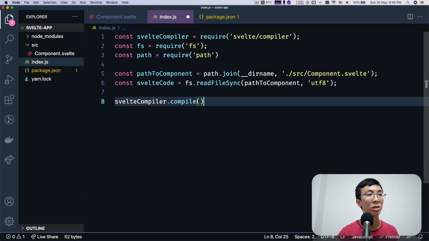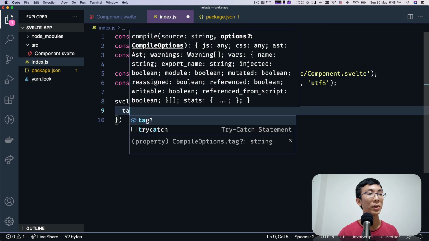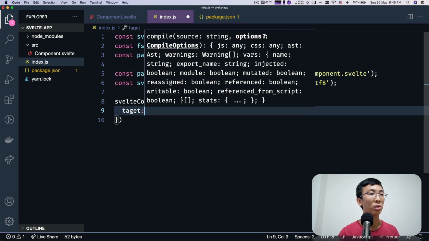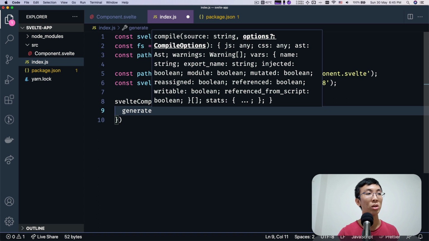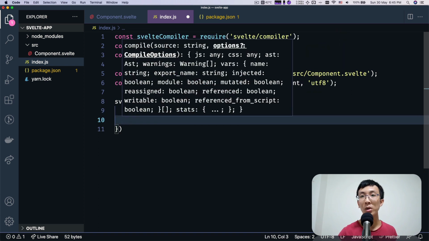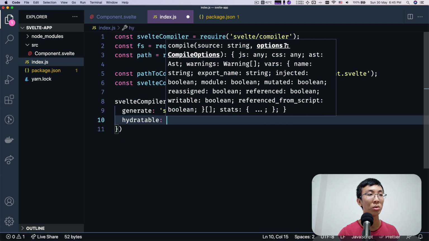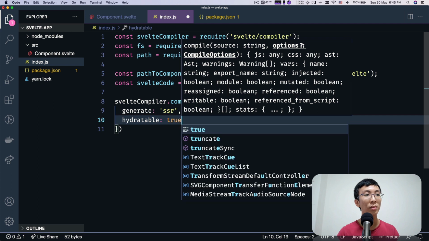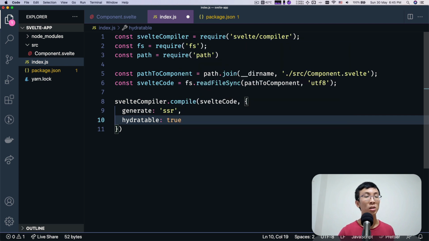So here I'm going to pass this code in, and I'm going to specify my target. I think it's called generate: 'ssr'. So I'm going to generate SSR code. Also, most importantly, because we want to do hydration, we also need to pass in a flag called hydratable set to true. So the function that we end up getting, which will return us HTML, will return hydratable HTML.